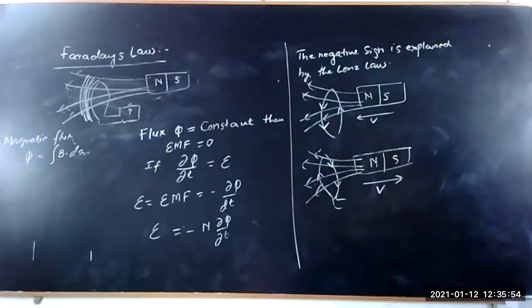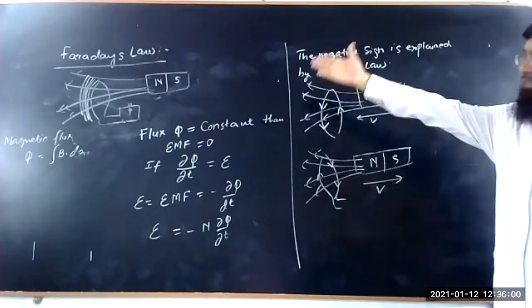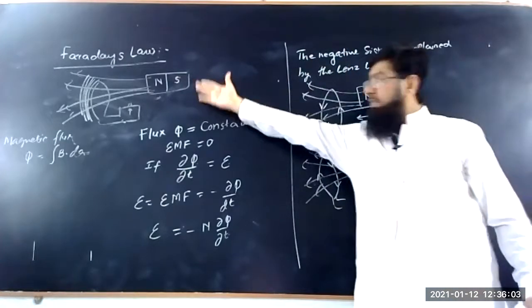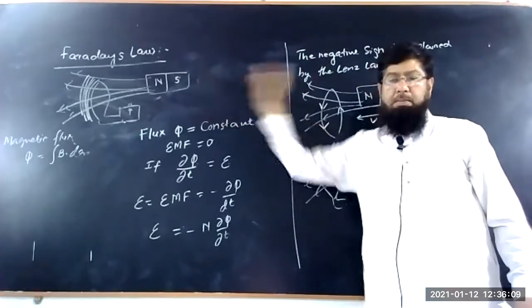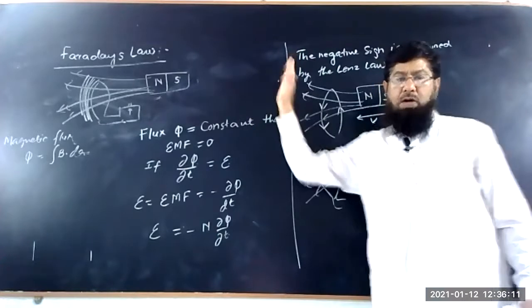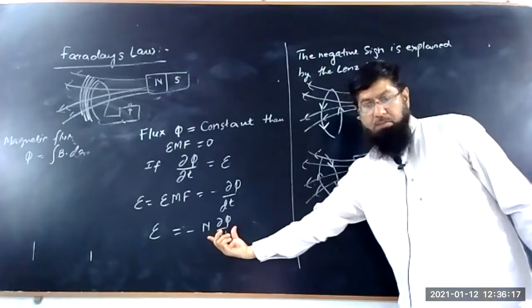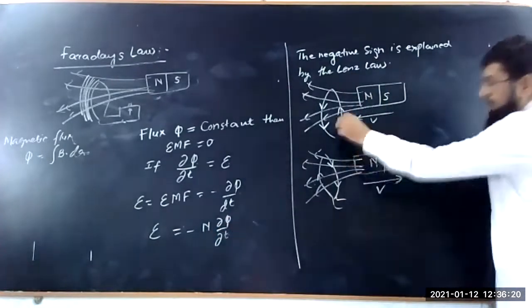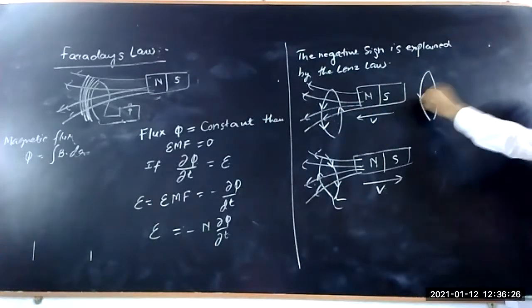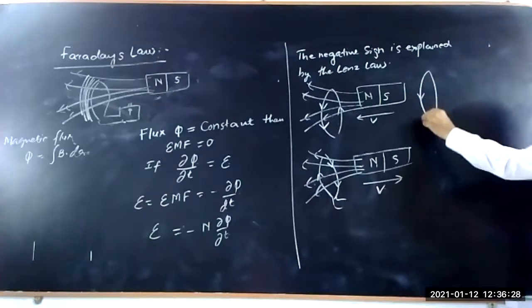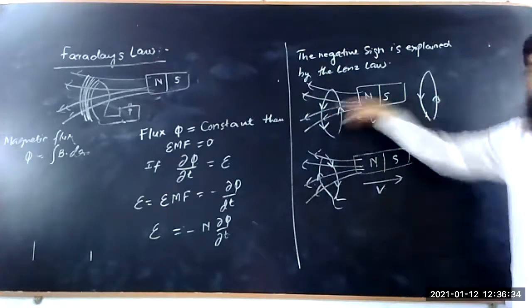Now, if we have two coils like that, here this is the permanent magnet which produces the EMF. It means the magnet is moved towards or away from the coil. In both cases, the EMF is produced. Now, if we look into this figure, this is the current which is flowing in this direction. This is the direction of the induced current.